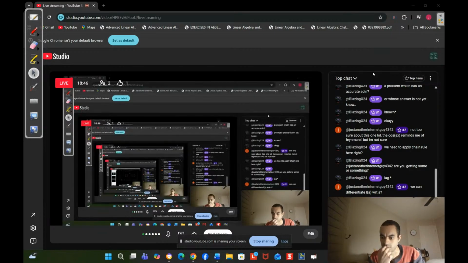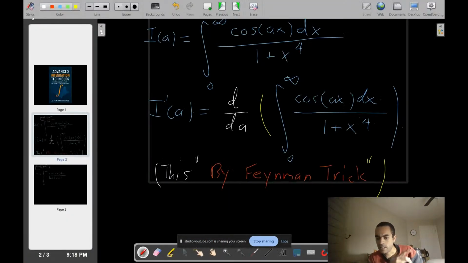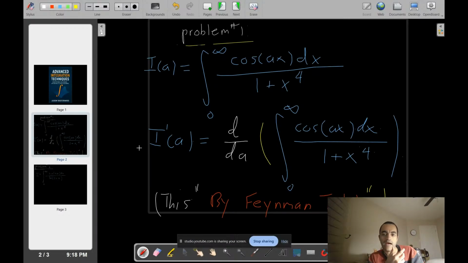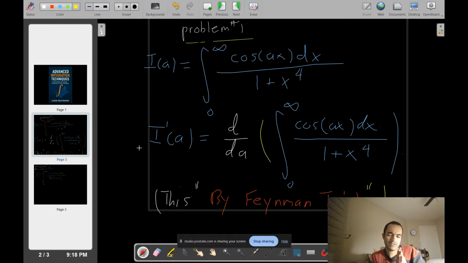You see, Blazing, if you understand the f of g, this is what I mean. Yeah, but we're not going to be using that per se, unless you explain what you mean. You see, you have to be careful. You have to be able to differentiate and explain what derivative rule you want to use, and why you're using it. Was there a reason why you said chain rule for this integral? And with respect to what? Because remember, there's two variables. We have an a and an x here.